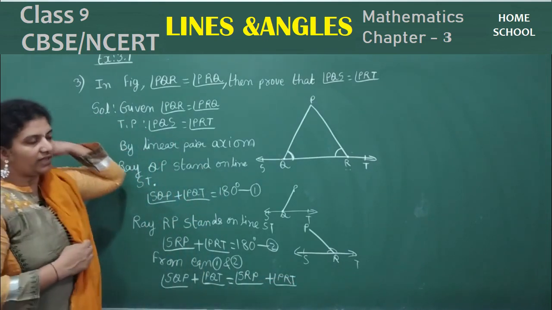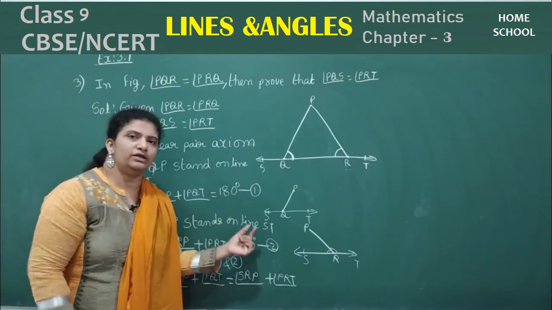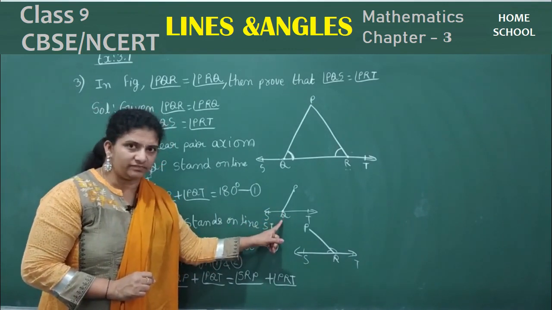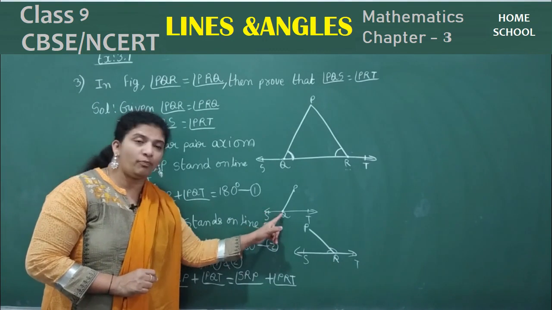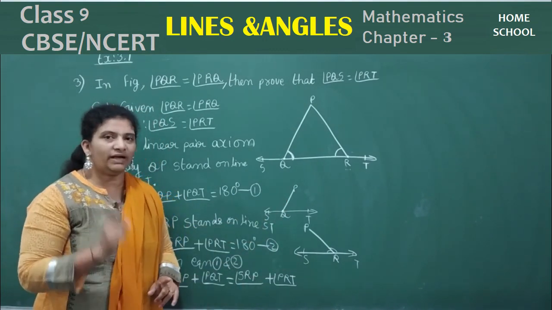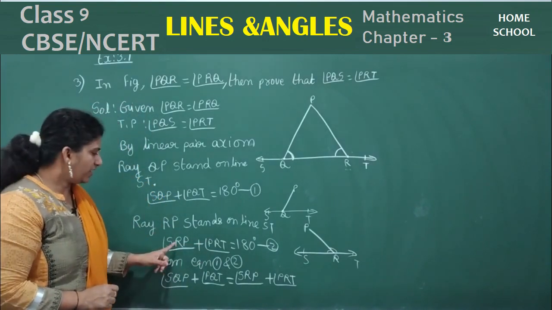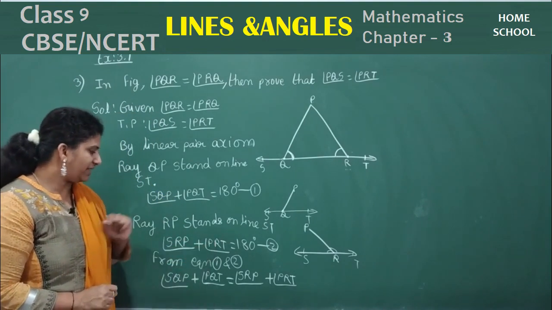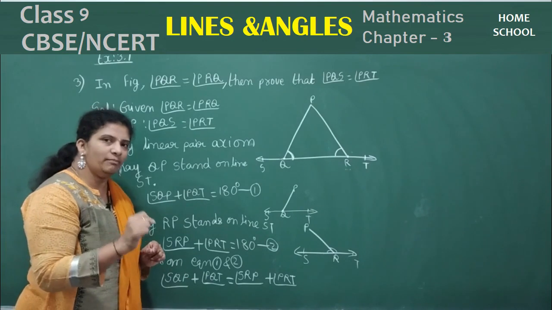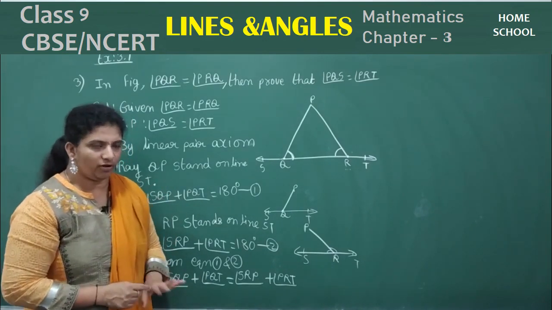See here, children, one thing I want to tell you: when you are writing an angle, don't panic. Your angle Q, you observe, either you may write SQP or PQS also you can write. There is no confusion. But Q should be at the center of your angle, right? So here R is the main angle. So the main angle should be in the middle, right? This side, that side, maybe interchange, no problem.